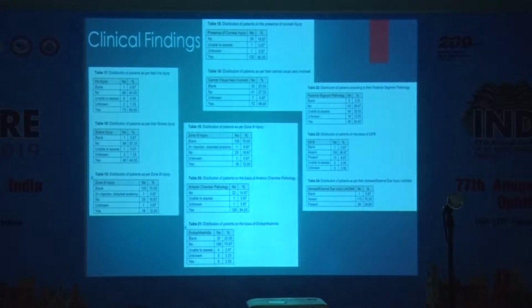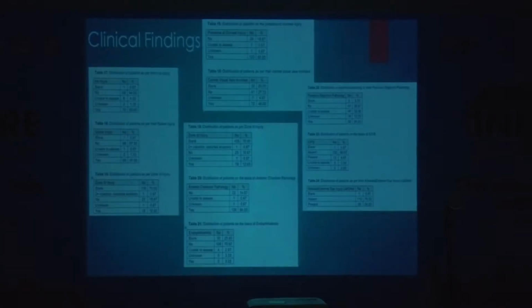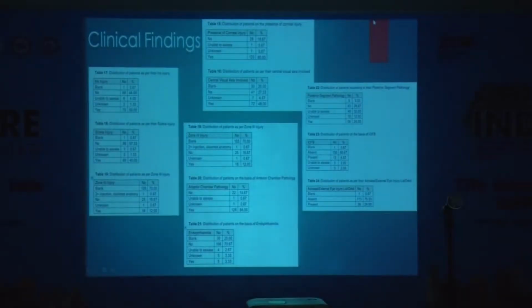Iris trauma was there in 50% of cases. Distribution of patients with scleral injury was 40%. In zone 3 injury, 12%. Corneal injury was 80%. Out of that, the central axis was involved in 48% of cases. And